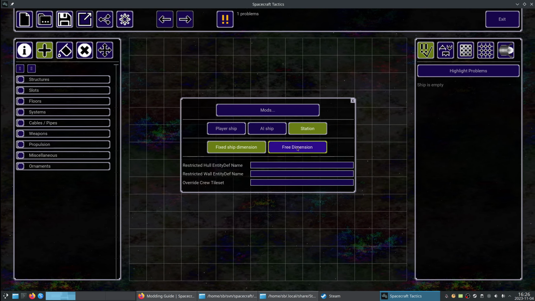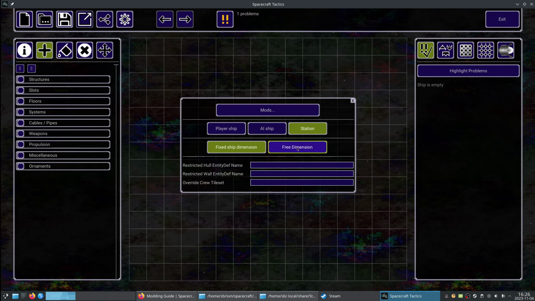Okay, next step is to export that file to our working copy where our mod development folder is. So open the share dialog. There are certain options how you can share your own ships. In this case, we want to export it to a certain folder. The default is that the Steam installation folder is shown, but we want to select first the folder where our mod working copy is. So I will